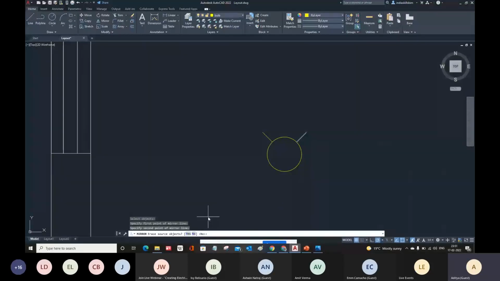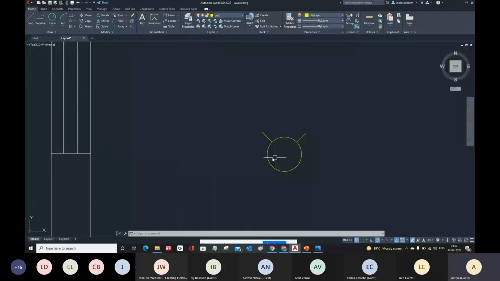Hit enter to accept, and then there is nothing in the command line area. That means your command is finished and we have created two entities. See, we have created the mirror. And again we can create the mirror instances for these two by using this 0 degree quadrant and 180 degree quadrant. Again use mirror, mi is the shortcut.